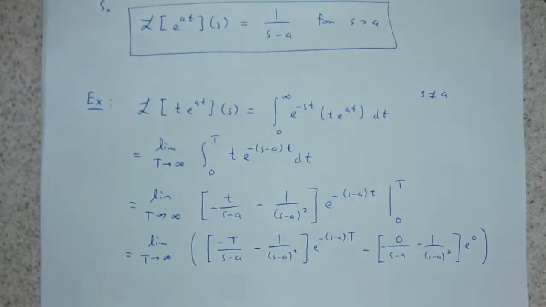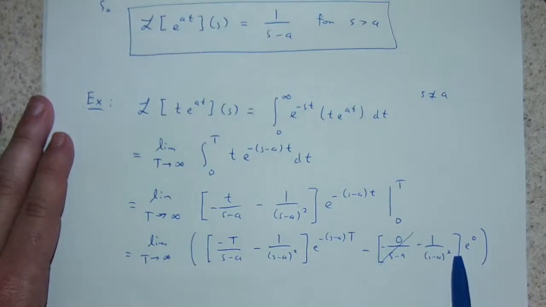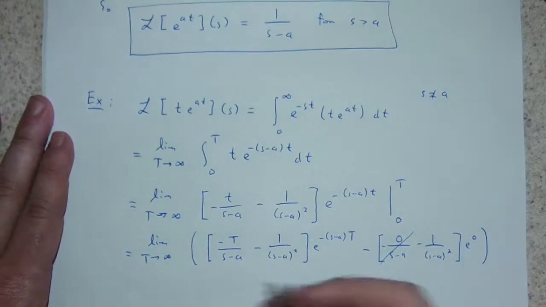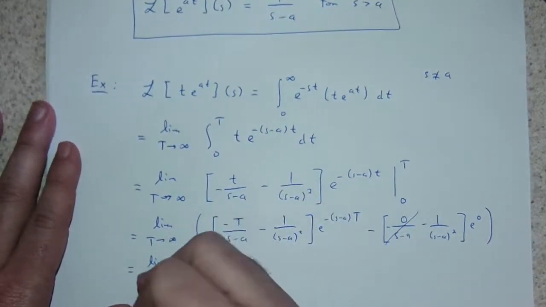Okay. So this term goes away. This is minus minus, so this e to the 0 is just 1. Okay, so rewriting this, this is the limit as big T